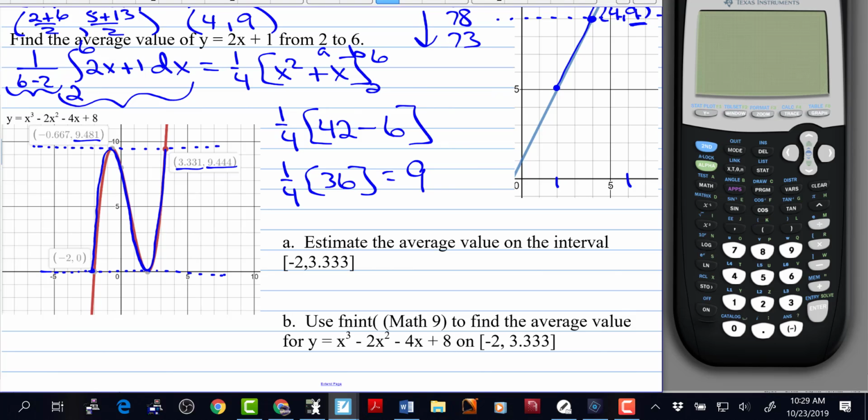And I knew that both of these were going to be at 0. So I thought, well, if I just cut this in half, somewhere right here, I would have about the same amount above as below. So I decided, well, the estimate could be about 9.481. That's the top y value from 0 to there. If I just divided that by 2,